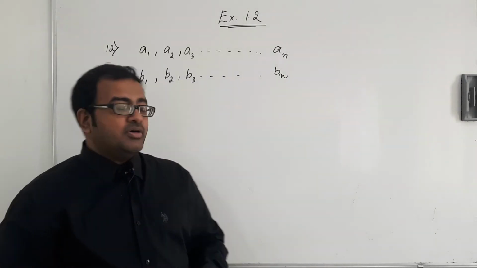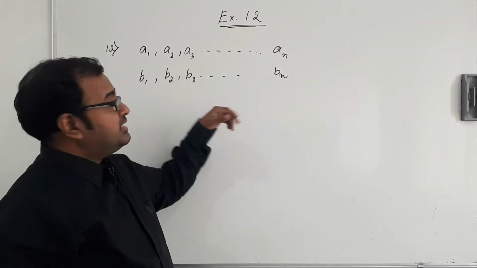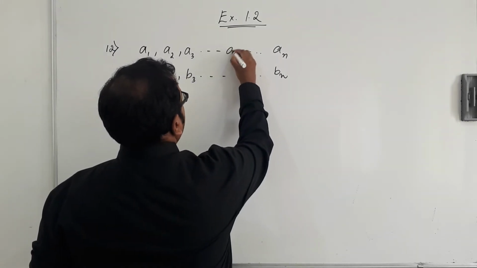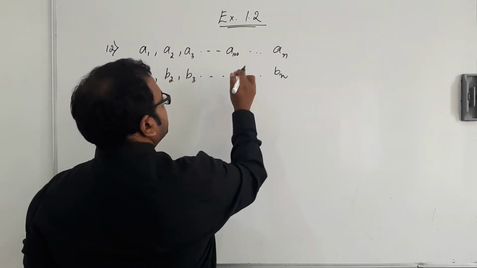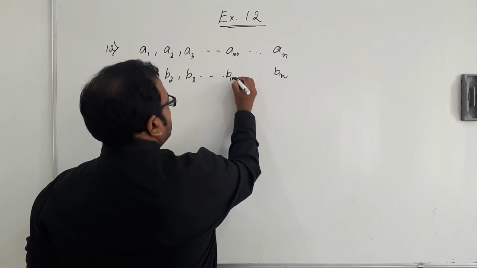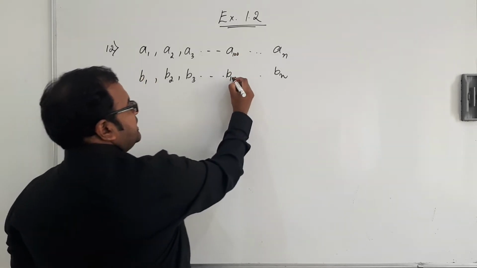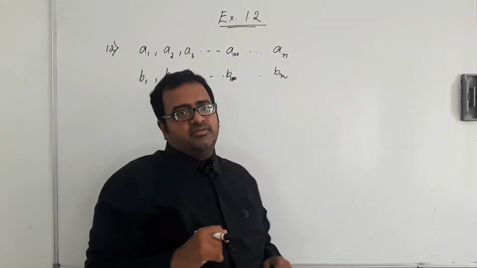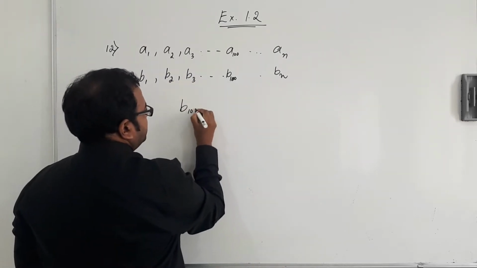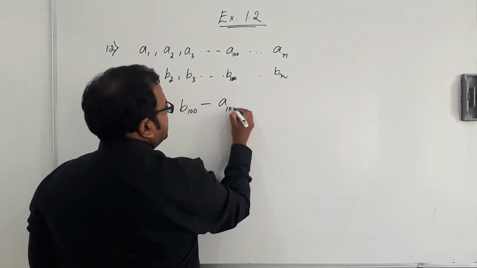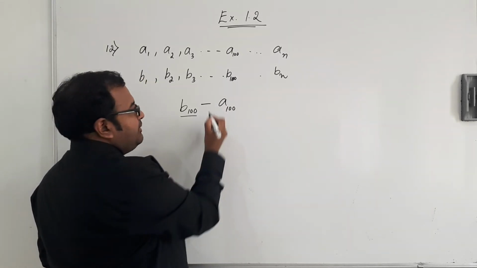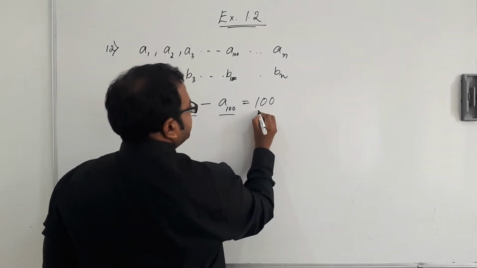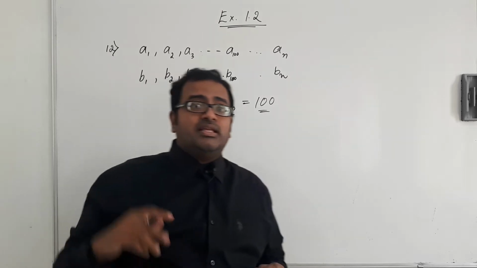There is one speciality, however. Let me write the 100th term of the first AP as A100. Then the 100th term of the second one will be B100. The difference between these two terms is 100. That is, B100 minus A100, the 100th term of the second AP minus the 100th term of the first AP, is 100. So they are asking what is the difference between the 1000th terms.